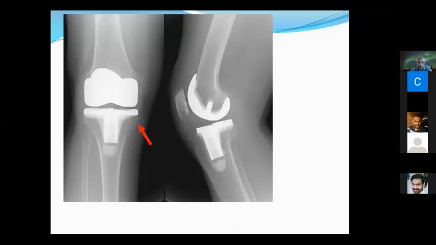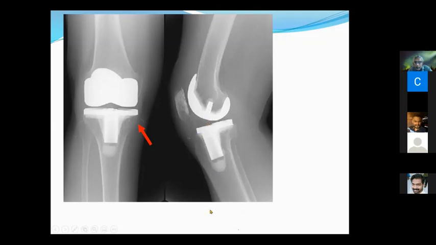Excellent. Well done. So that's what I wanted all of you to recognize, that you have cruciate retaining and cruciate sacrificing, and the way to recognize these prostheses is that what Naomi said is absolutely correct. You have only the peg here,